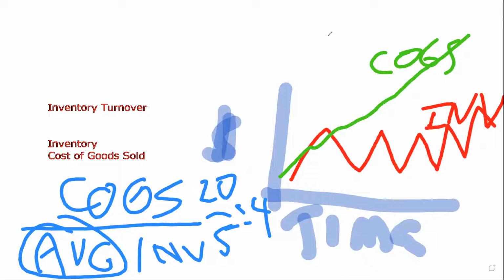But I'm taking my average inventory. Well, balance sheet is a point in time. You know that. I have a point in time where I have my inventory on January 1st and my inventory on December 31, if I have a December 31 year end. I average that inventory for the year.